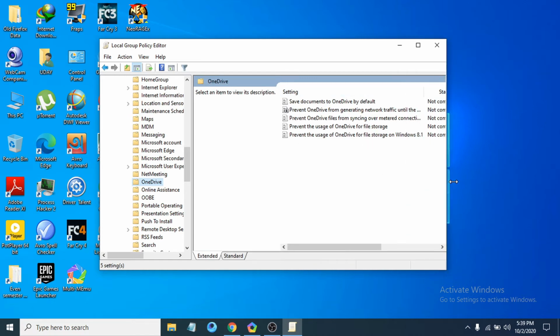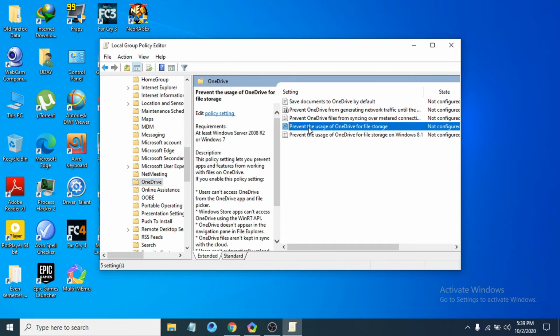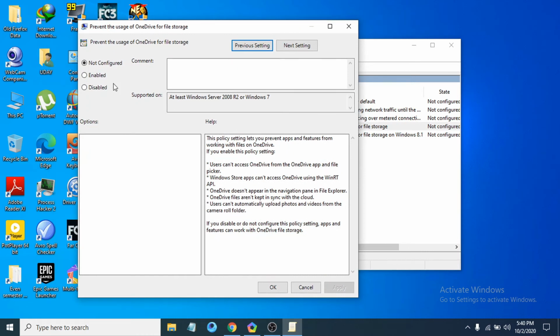and now you have to choose prevent the usage of OneDrive for file storage, and if it is not configured here, you need to make it disabled. So double click on it. Now this window will open up and you just have to choose the disabled option here, then click apply and